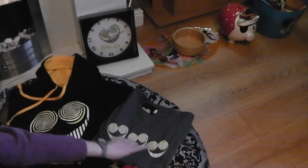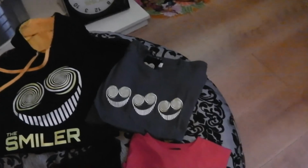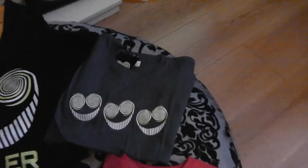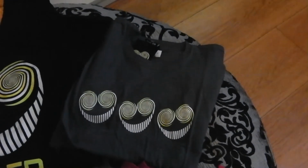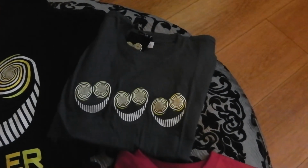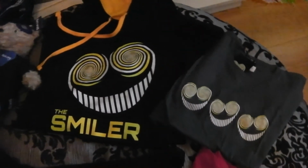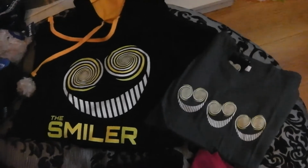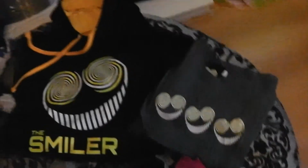I got myself the little t-shirt with the 3 little Smiler faces. They did have a lot of stuff with things like "corrected" written on it, but because it only came in white, which is a colour that we don't really wear that much, we just decided not to bother. It also didn't have the Smiler logo, so it was a bit unobvious what it was, and although it's quite nice to have ones that isn't just the big logo,